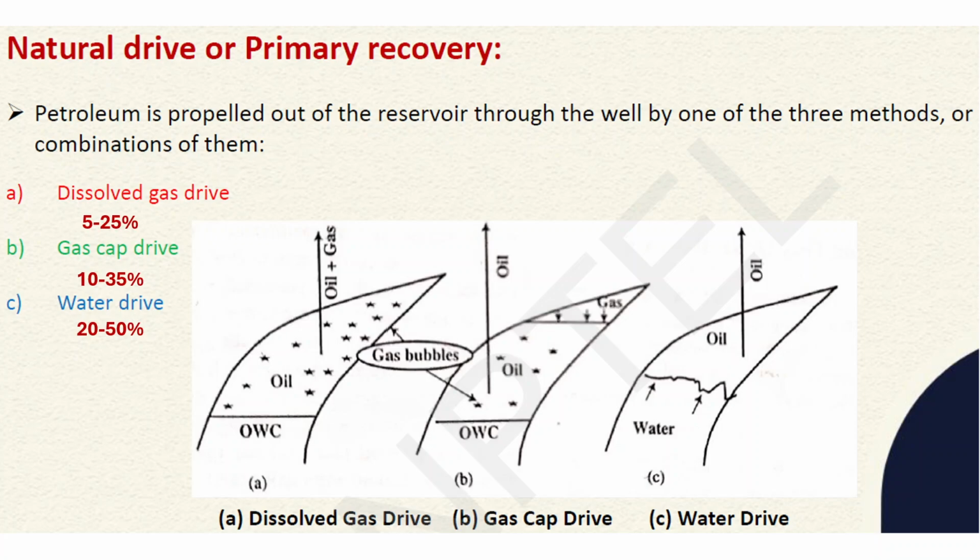Coming on to the natural drive or primary recovery method. In the primary recovery method, the petroleum is propelled out of the reservoir through the well by one of the three methods. When we dig the oil, there is huge pressure below. The pressure of the well is more than the